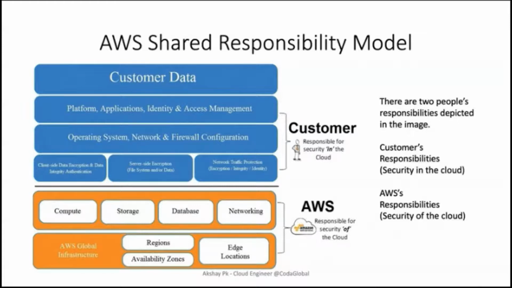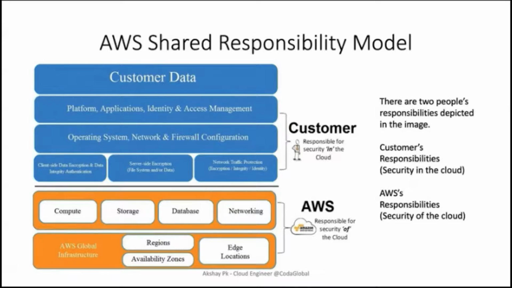So their data centers that they take care of, having multiple backup power lines into your data centers, having your cooling systems in place, having multiple internet lines to your data centers, ensuring that all of your racks are properly maintained, and having biometric scanners, iris scanners, different levels of access within the data center. So anything regarding the physical data center security is being taken care of by AWS. So you have three major components over there. One is called regions. The second component is called availability zones. And the third component is called edge locations. So it's crucial to understand this.